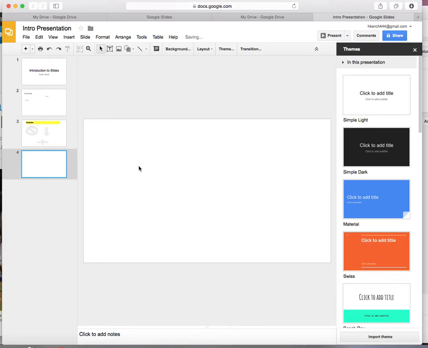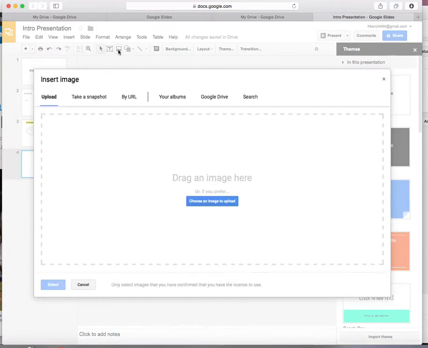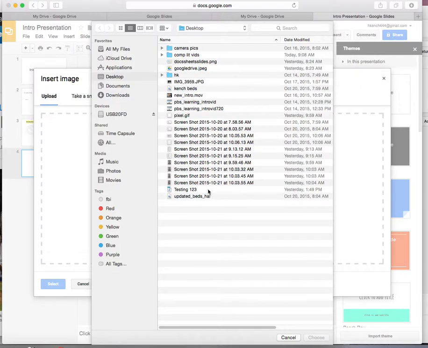And to put images in, we have a lot of different options for our images. And if I click on the image tab up here, I can either upload an image, take a snapshot, go by URL, or use any ones that are already saved in my Google Drive. So first one we'll do is upload. We can either drag an image here to upload or choose an image to upload. I'll just click choose and